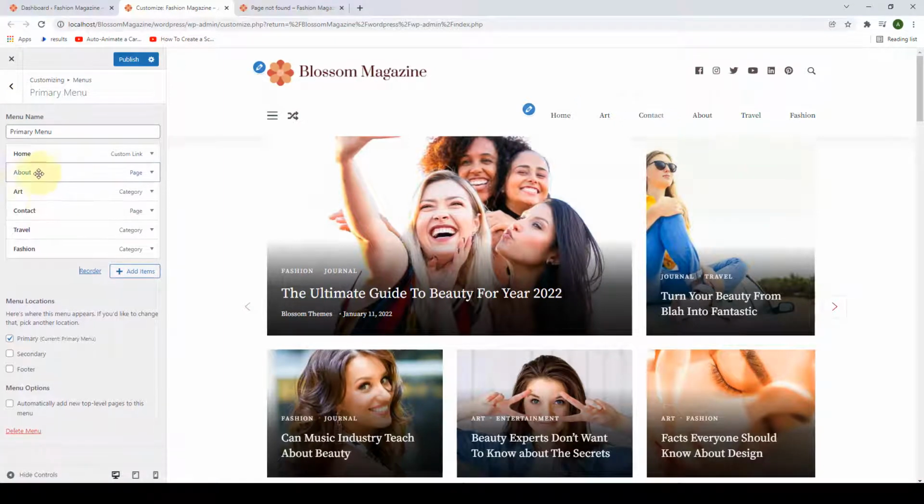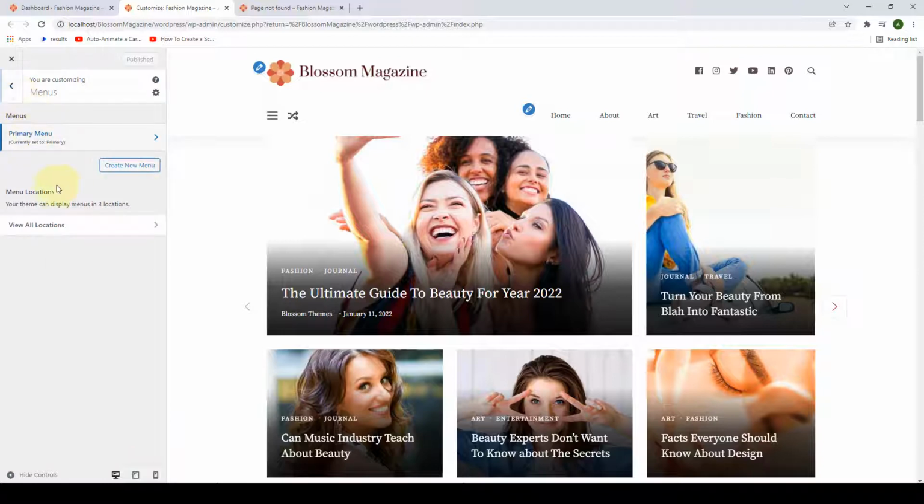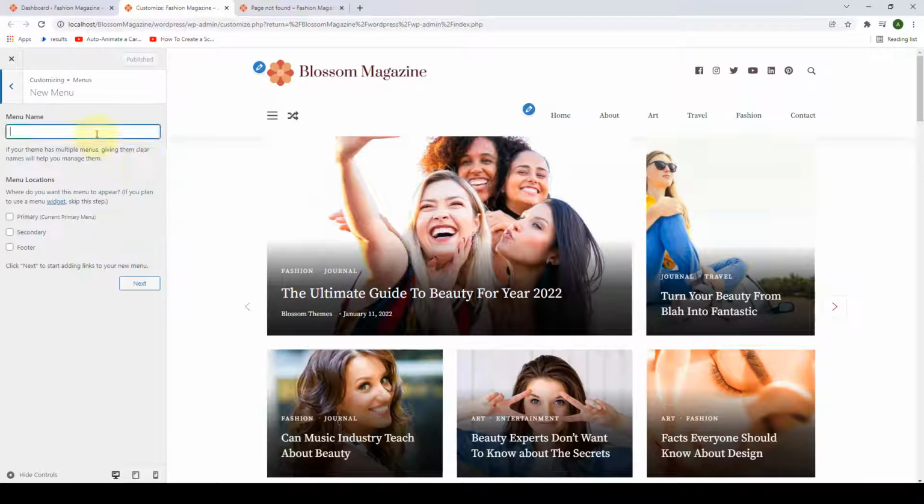You can sort the menu items as per your wish, and after you are done, you have to click on Publish. And your primary menu is now created and is also displaying on your site. Let's go back. Similarly, to create the secondary menu, click on Create New Menu, give your menu a name, select